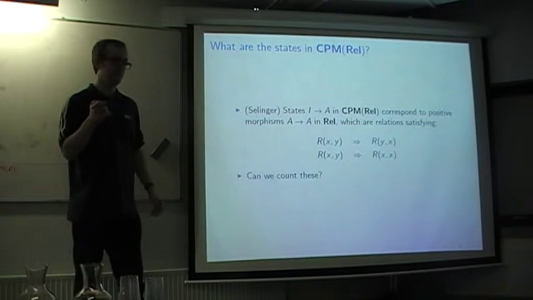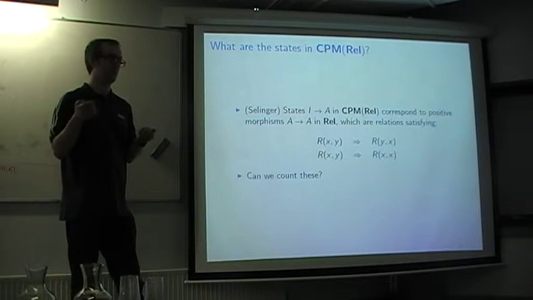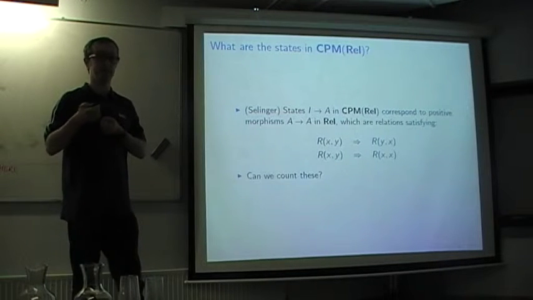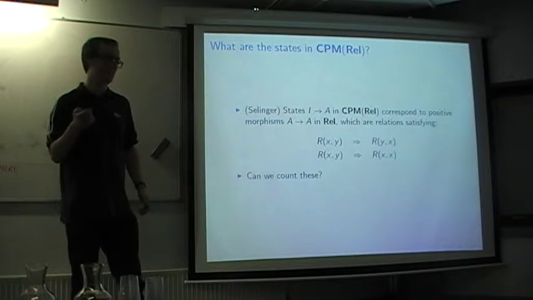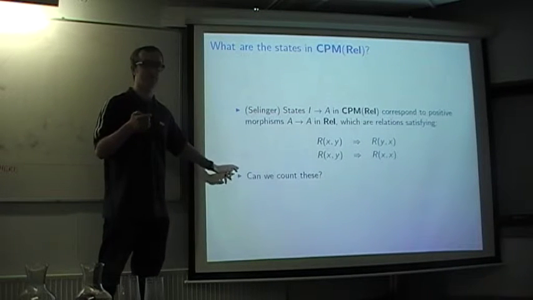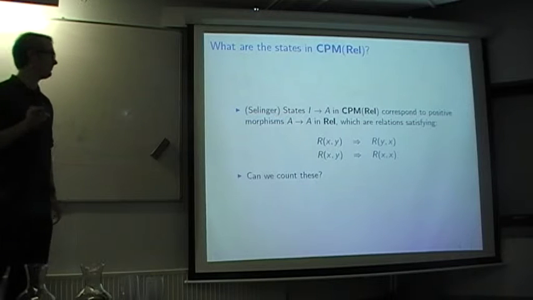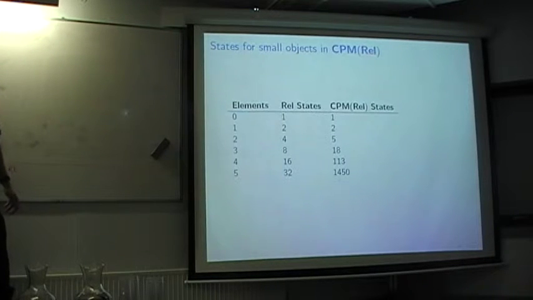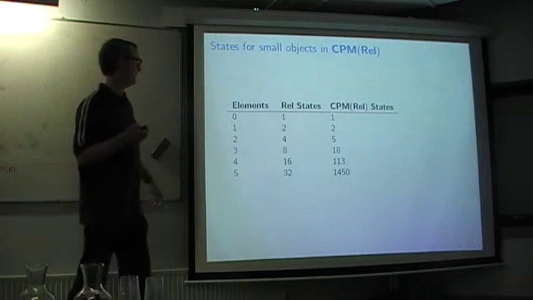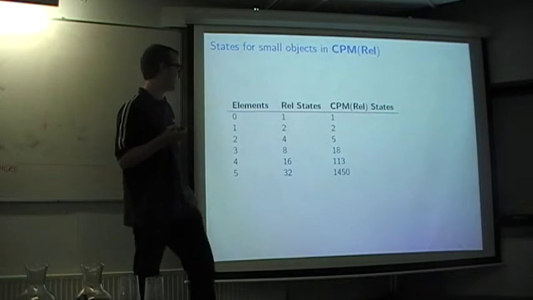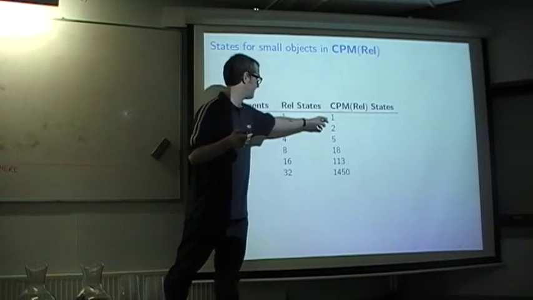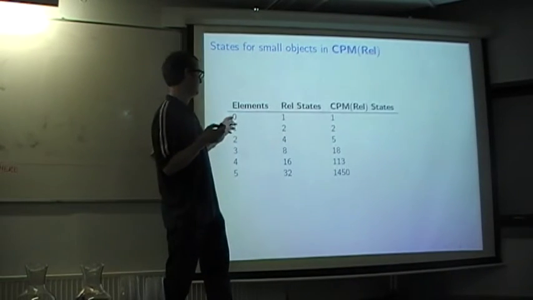And then, as I was trying to understand where 5 had come from, and generally what goes on with mixing in this CPM REL setting, I asked myself the easiest question I didn't know the answer to, which was basically, can we count these? So I hacked together a little Haskell program and decided to count them in a brute force manner. So just for comparison, I've got the states in REL, but it's obvious what the numbers are going to be there. And we get this pattern here where we effectively get no mixed stuff for the empty set,